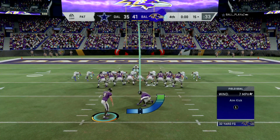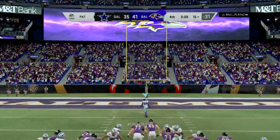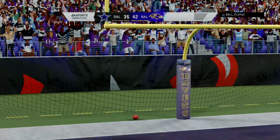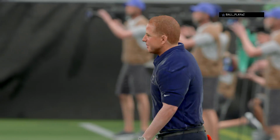And with the lead, no chance of a return spoiling this one here on the PAT. Let's go. And there is your final margin of victory, as on the final play, they win it by a touchdown. Well, that was